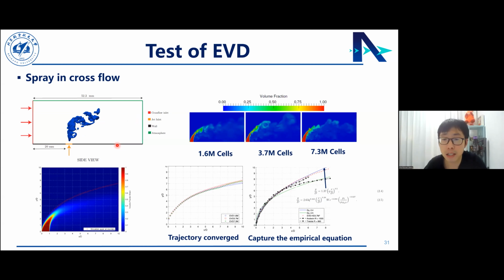And the same we see here from the qualitative comparison. Here it is converged, and then we do a trajectory comparison. We see there is very low grid sensitivity. And then we also compare the trajectory captured by our simulation, this point, this line, and we compared it to the